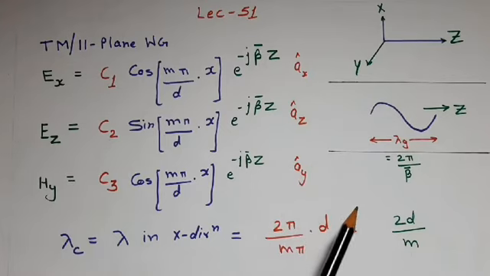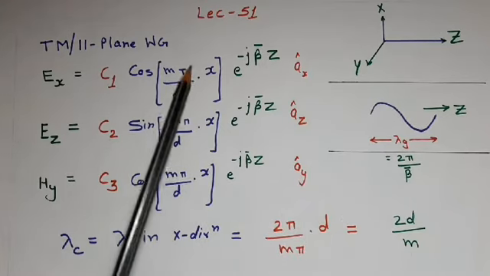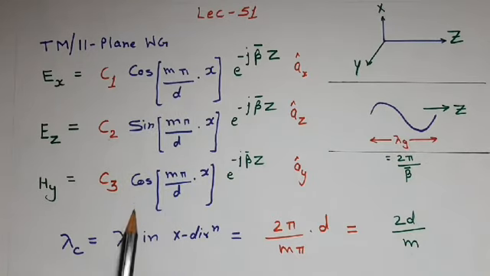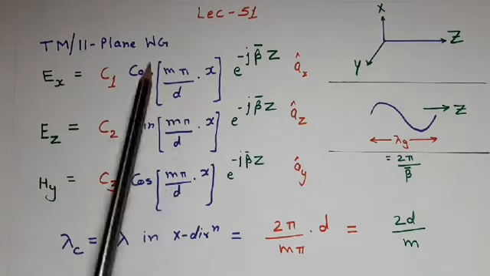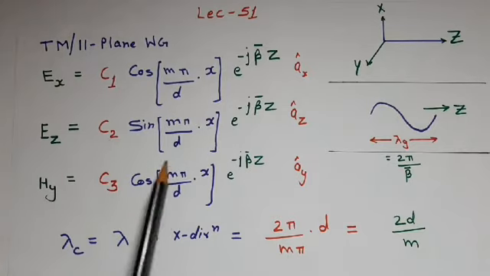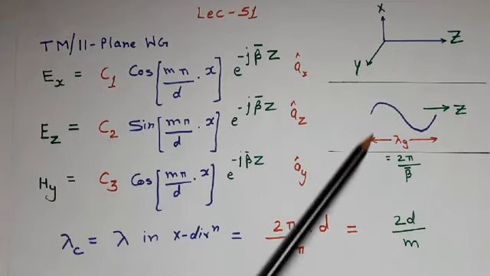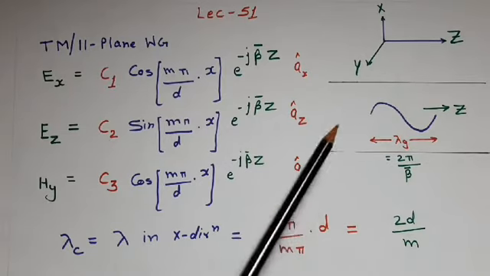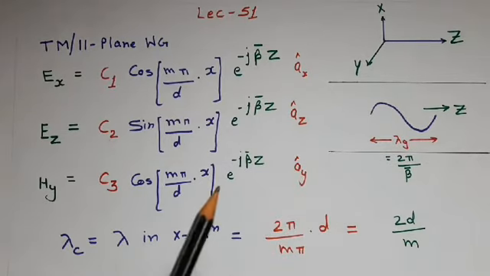Now if we talk about the x direction, then in the x direction there is a sinusoidal field variation, either cosine or sine. But in the x direction, because a boundary exists, the field has to vary in the x direction. Why is field variation necessary in the direction in which the boundary exists?